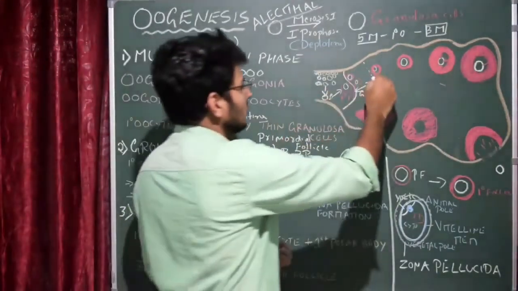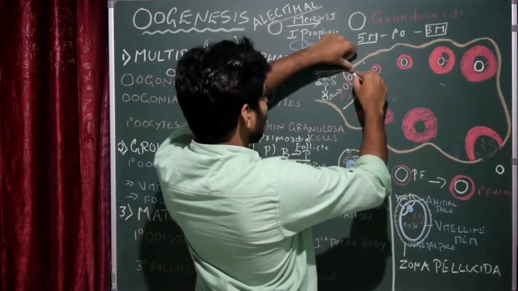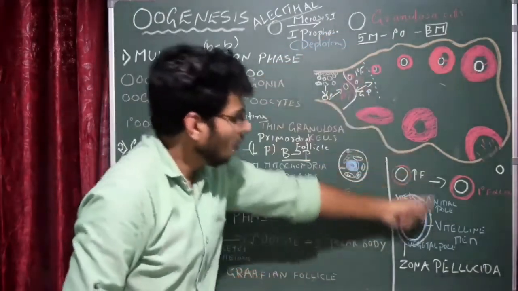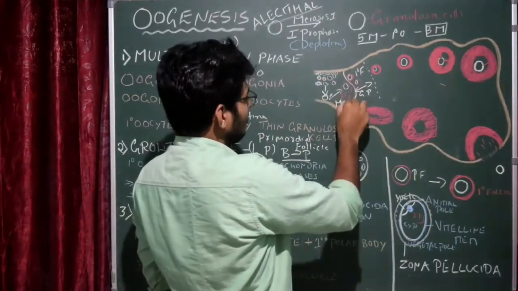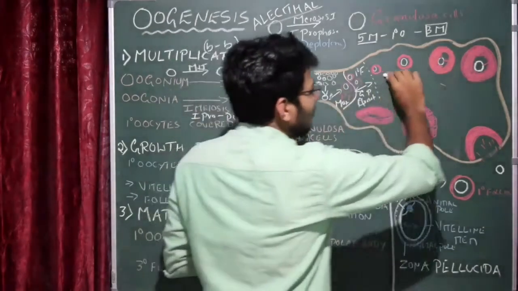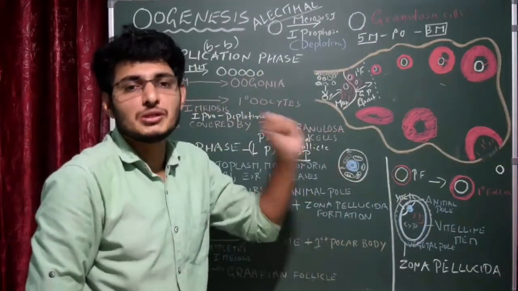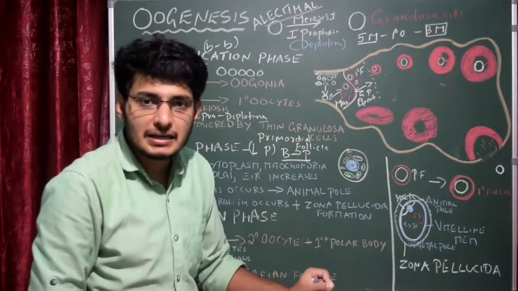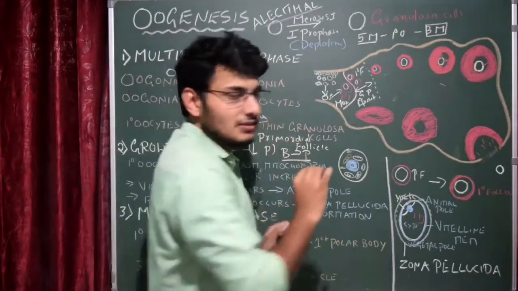Here in this picture you could see that during the growth phase these cells are called primary follicles enclosing the primary oocyte, and you could see all the transformational changes. This is the multiplication phase before the birth. This is the growth phase after the birth till puberty. From here onwards is when the female attains her first menstrual cycle in life. The first menstrual cycle in the female is called the menarche, and the last menstrual cycle in the female is called the menopause. That is the thing to remember.